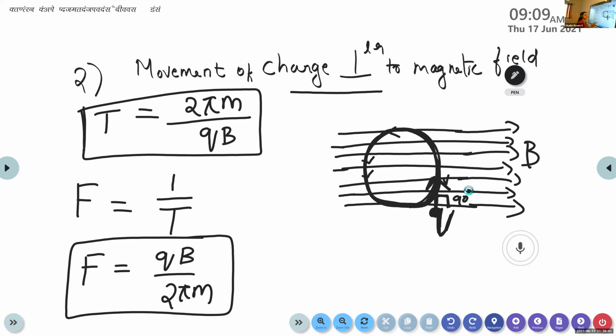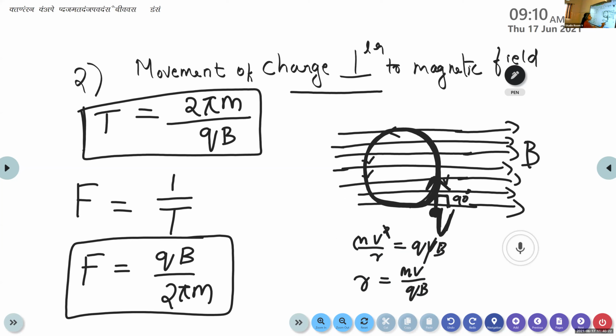But due to this force, our charged particle q undergoes a deflection. Due to this deflection, it follows a circular path. And we know that if any object follows a circular path, it must possess a centripetal force. And that centripetal force is given by F = mv²/r. And these two forces must be balanced for the smooth movement of the particle in a circular path. So we can say that mv²/r = qvB. Here this v and this v cancel. So we get r = mv/qB.